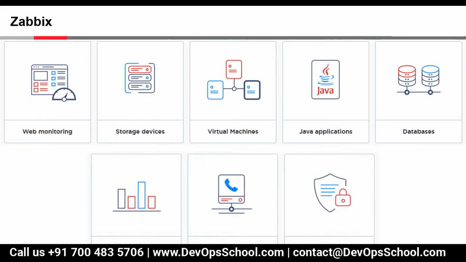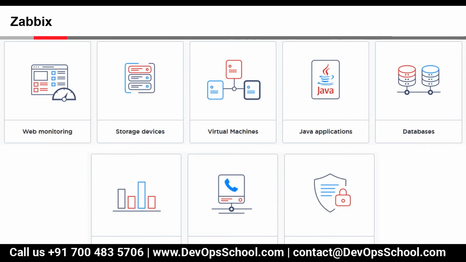Then multiple times you have gone to websites and you get an error code 404, or any other, 503, server and client side errors which are there. So we can capture those particular codes and provide an alert to the user that we are getting a 404 alert for this particular website. So that is also possible through Zabbix.